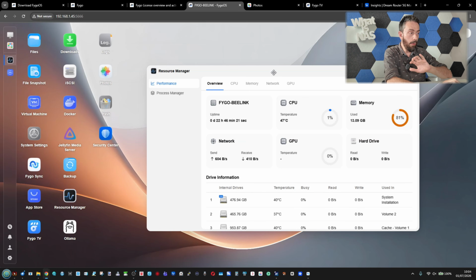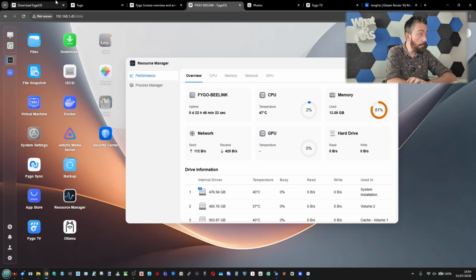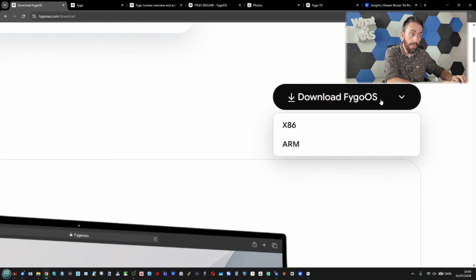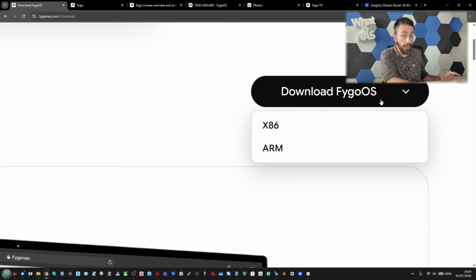And that is, that although I'm running this on an x86 system, the brand tells me that they are aiming for all of their features and services to be supported on ARM. Now, if you're not aware, ultimately, that means that they are going to be trying to provide a ZFS platform running virtualization, running full containerization, and all the bells and whistles in between, running things like a Rockchip, a Marvell, running out any of the newer generation ARM processors out there, which are way more power efficient, but getting more